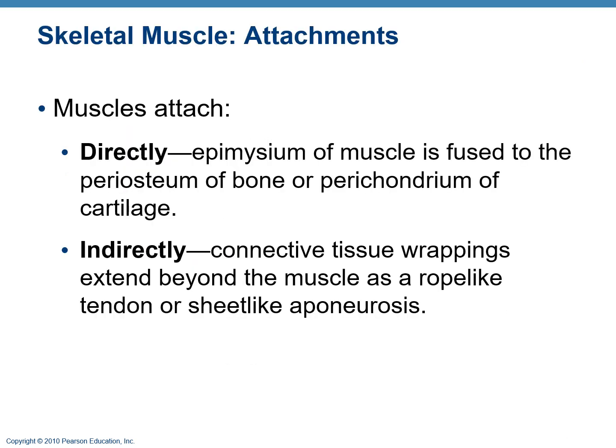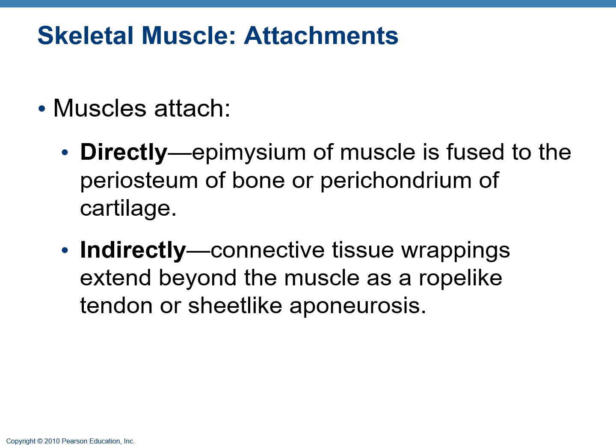So muscles can be either directly attached or indirectly attached. When they're directly attached, that means that the epimysium of the muscle, that outer layer that surrounds the entire muscle, is literally fused to the periosteum, the outer connective layer of bone, or to the perichondrium, in certain cases, of cartilage. So for example, your ribs have intercostal muscles. If you've ever eaten ribs, not to be gross, and you have to like gnaw the muscle off the bone,